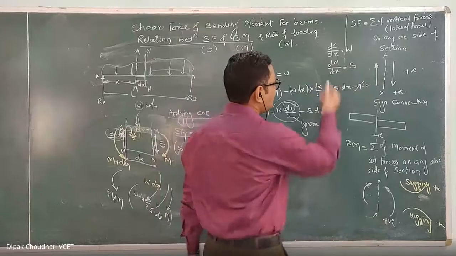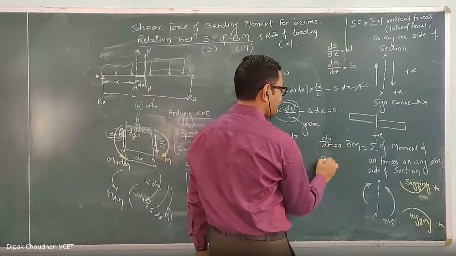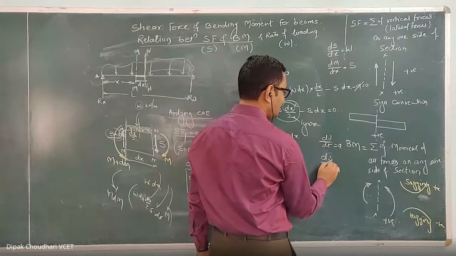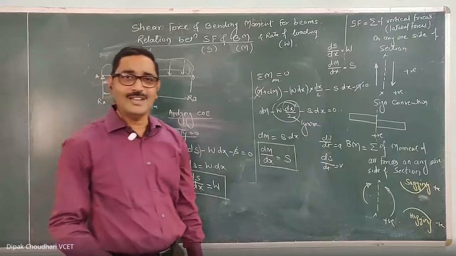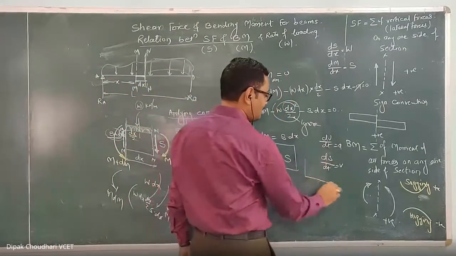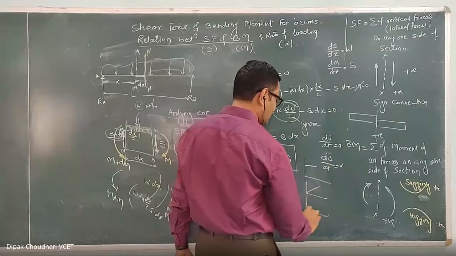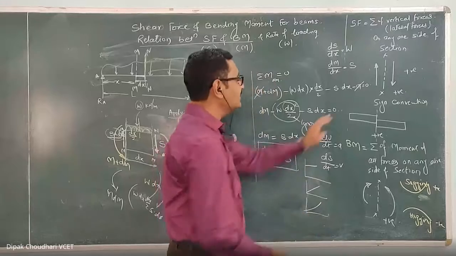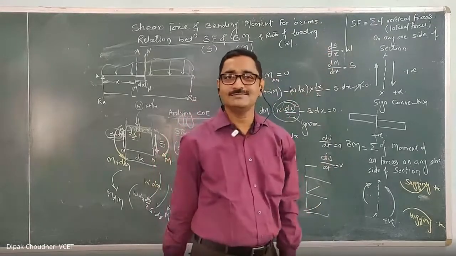Clear? In first year, we have studied that dV by dt equal to a, ds by dt equal to v. Similar kinds of equations are there. You must remember that if the a-t curve is a horizontal line, the v-t curve will be an inclined straight line, and the s-t curve will be a parabola. Why is it like this? From this equation only. The same thing happens here also.